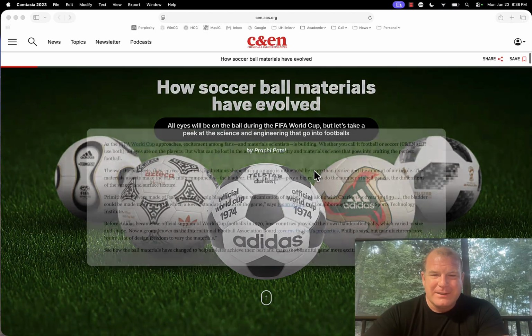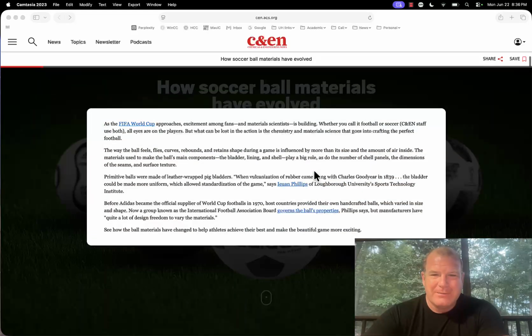So, a little interesting here, and I'm showing this. I'll send you the article too, but you're not going to see as many interactive parts here. This is approaching the World Cup. I know the article, but the World Cup is already going on right now, and so I talk about